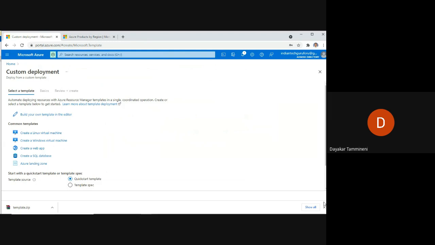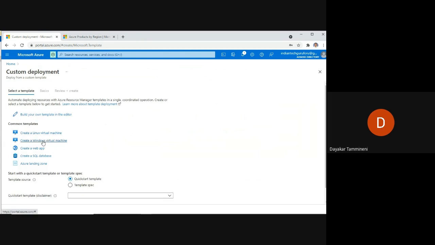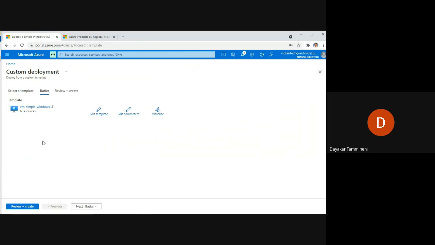Now you'll have several different options. Create a Windows virtual machine. We are going to create a Windows virtual machine using the template.